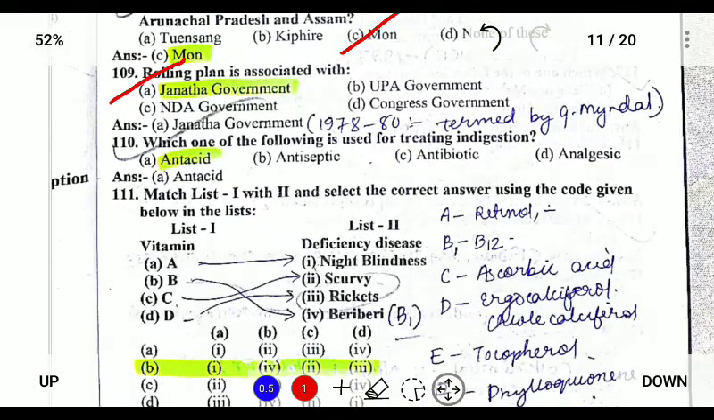Next, which of the following is used for treating indigestion? Indigestion means formation of acidity. So antacid is used. Antiseptic is used for preventing infection. Antibiotic is used against bacteria, and analgesic is for pain relief. Next,